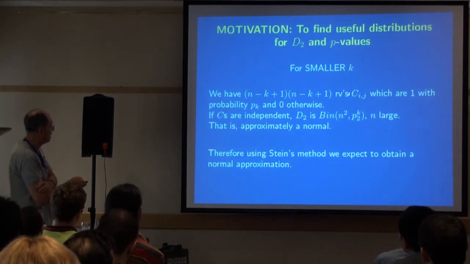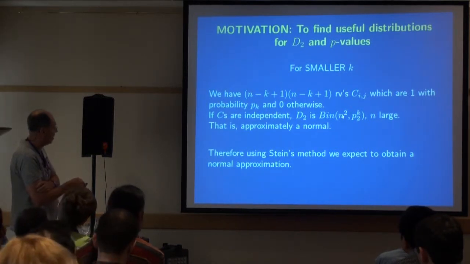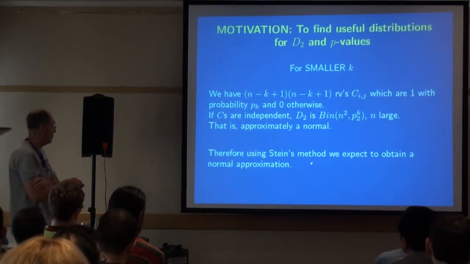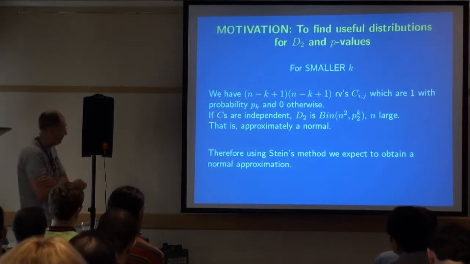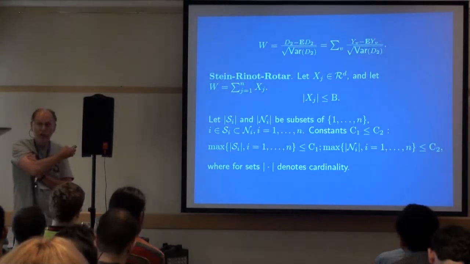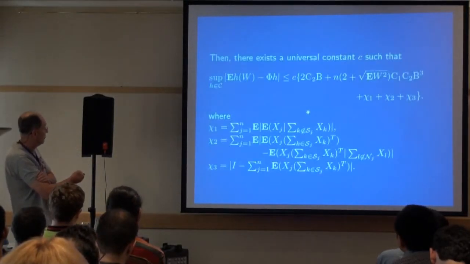We have these indicator functions, which are zeros or ones. Their probability is the probability that 2 letters match k times in a row. And there are approximately n squared ways to have these happen. So it should be approximately normal. And there's something called Stein's method that allows us to give bounds on this. And I won't subject you to this theorem, but there's a theorem for multivariate that allows this,